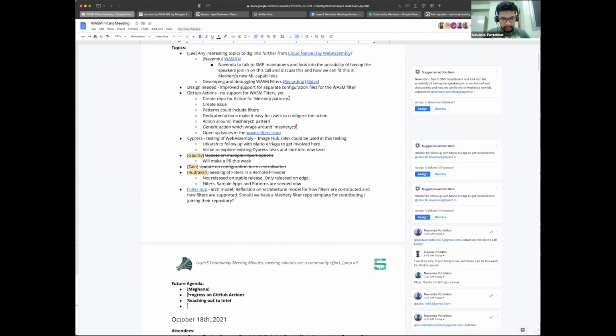Other than this, are there any topics for next week that we should follow up on? The GitHub Actions is one item, and reaching out to the Intel team. And Piyush will update on the status of seed content in Meshery provider.